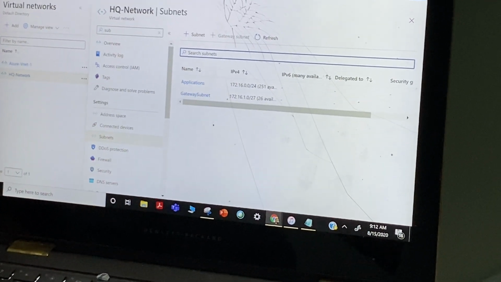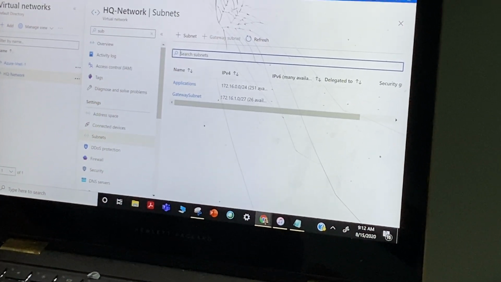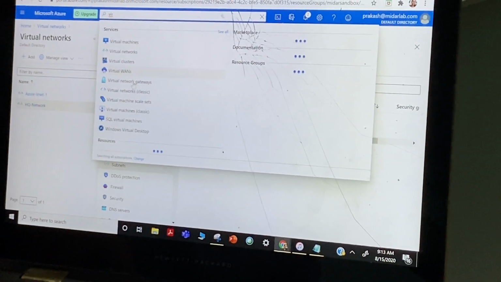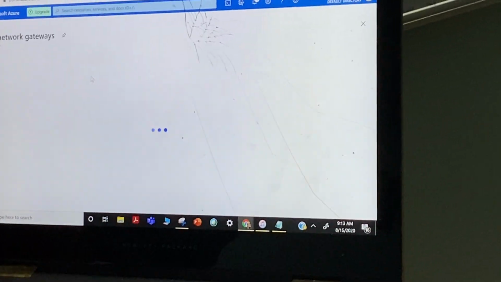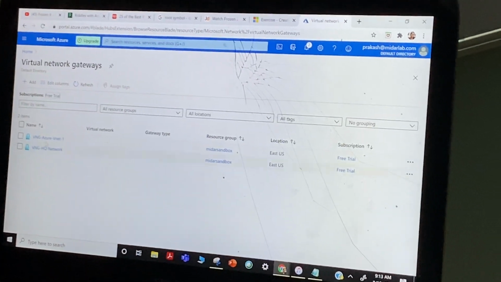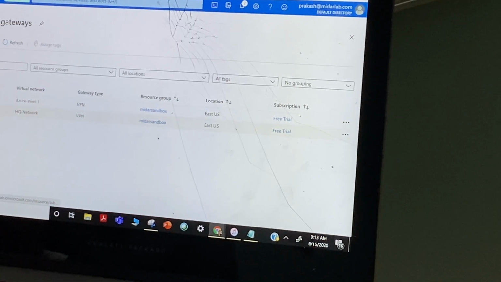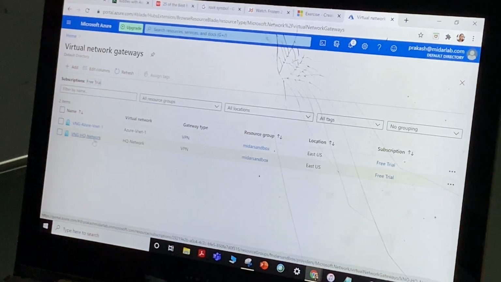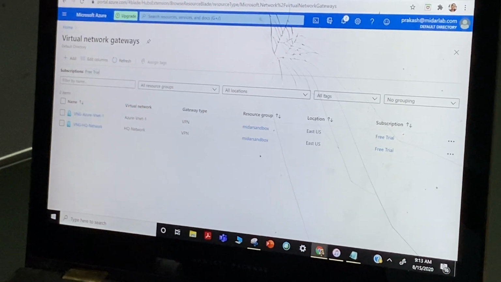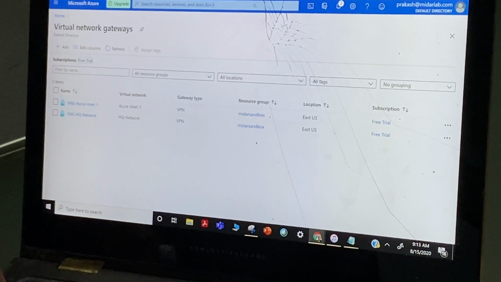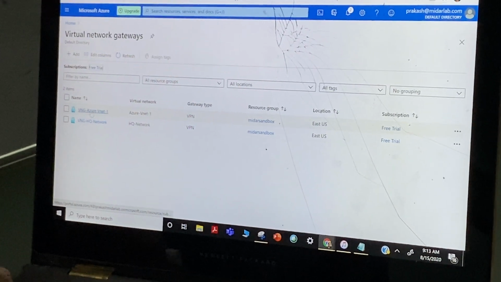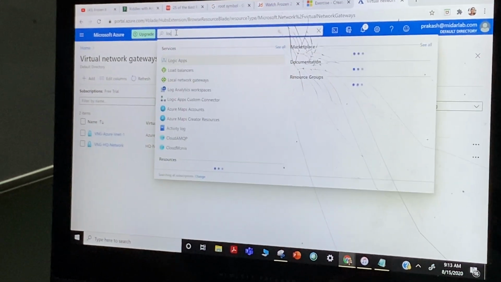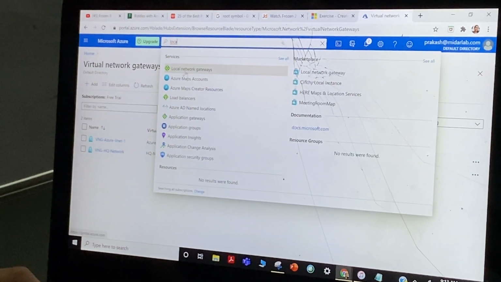And then we need to create virtual network gateways. For both the environments, I have created one for Azure and a virtual private network gateway for the on-premises, as well as local network gateways.